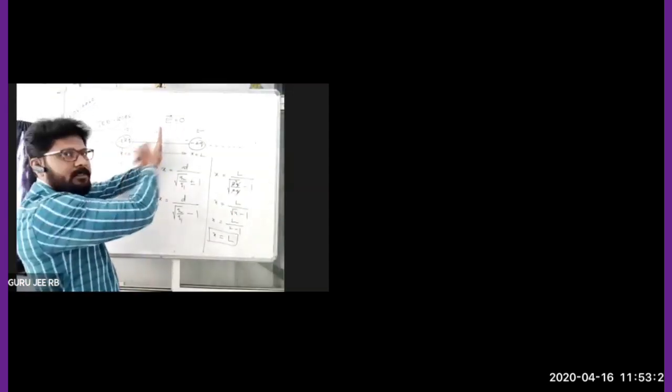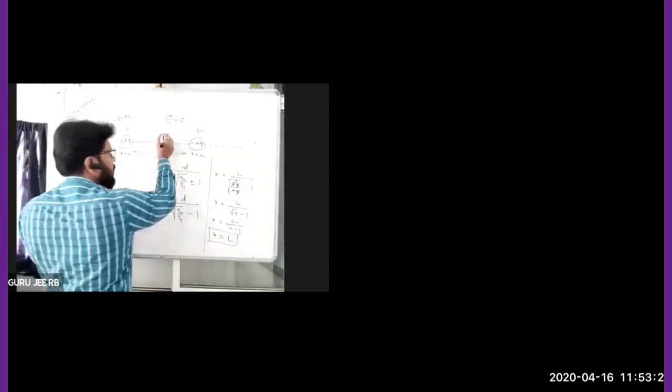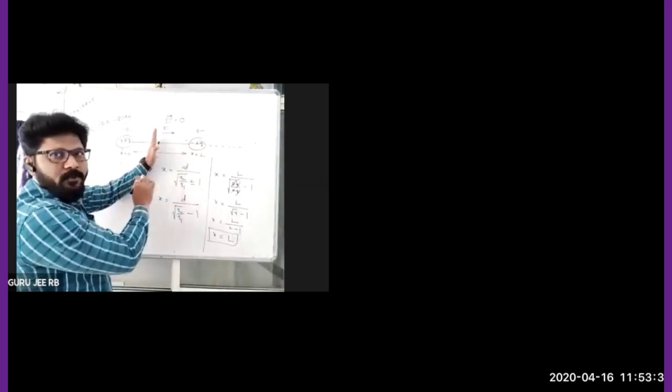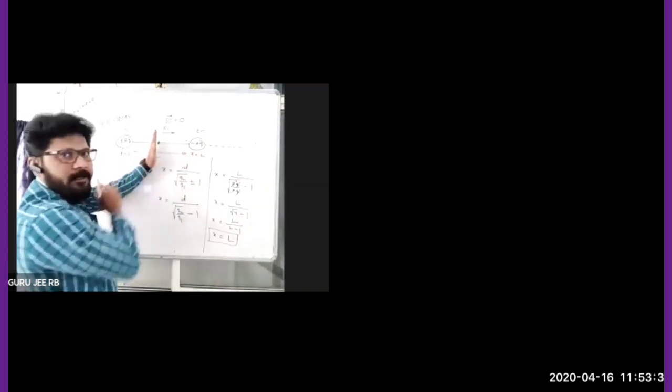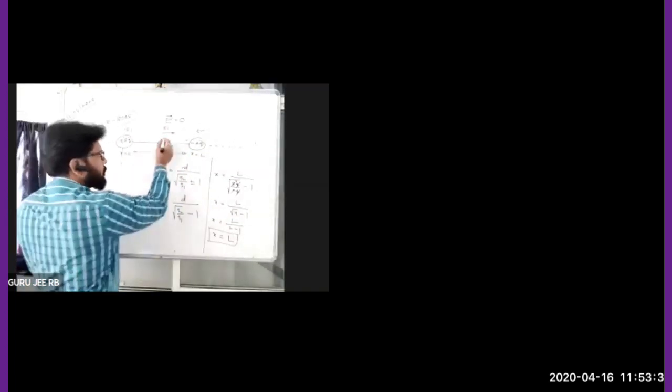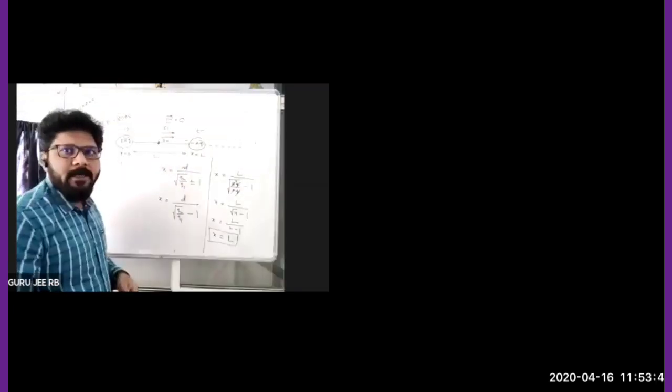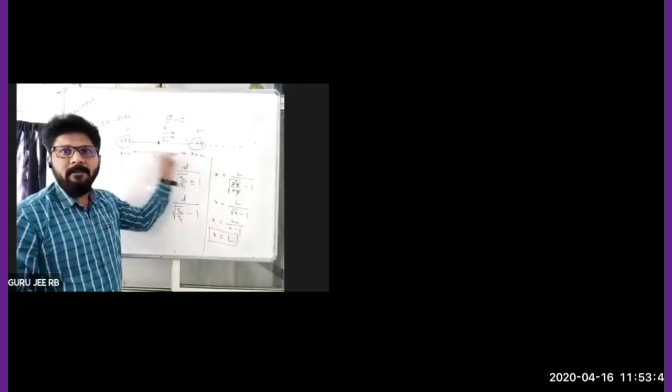For a positive charge, is the field away or towards? Away. So this is nothing but E1 away. After that, at this particular point for -2q, E2 is the electric field of -2q. Is it towards or away? Towards. So it is nothing but E2 towards. Both are in the same direction, so they will be added up. So there is no possibility in between anywhere.